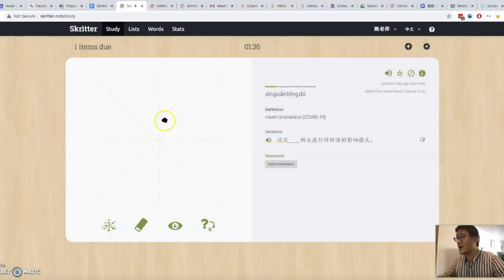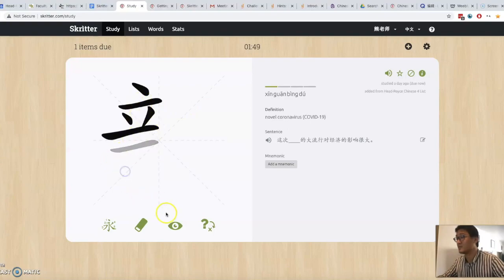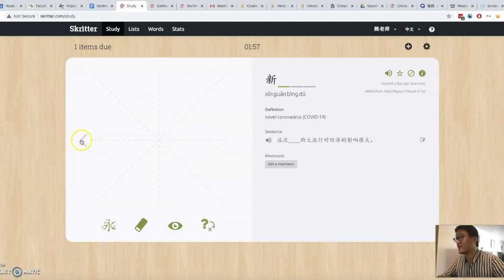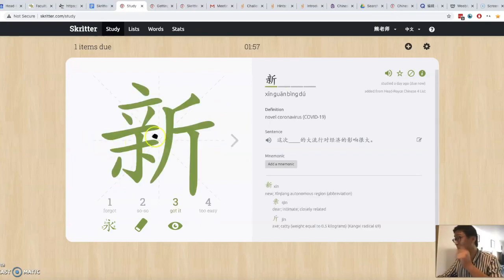新冠病毒. In writing, when you start writing strokes, it will automatically kind of fill in the strokes for you, right? Xin, right? And so it looks pretty, but it's not necessarily very hard to do because you just have to kind of get the strokes sort of right. If you turn on raw squigs,